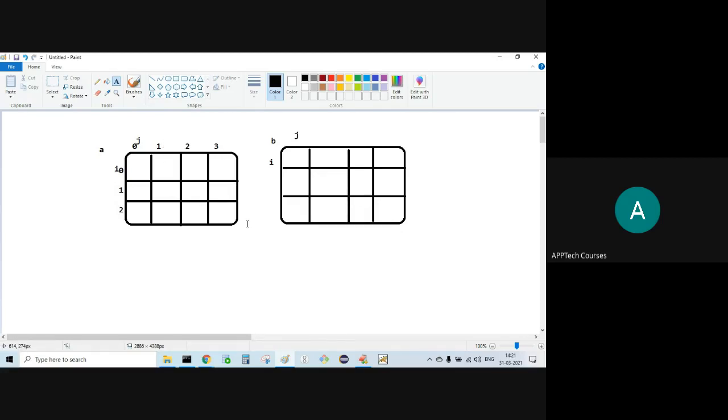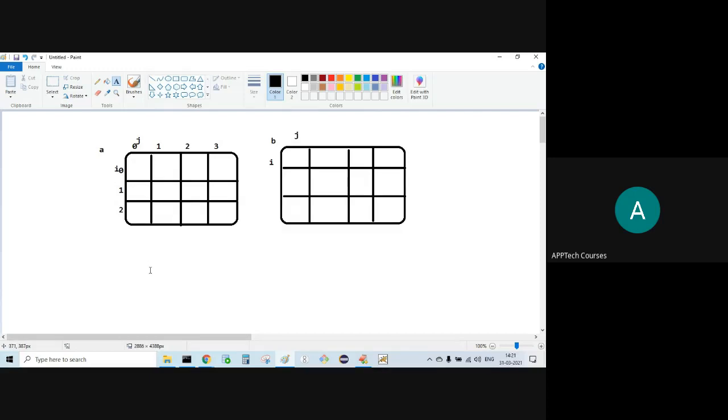How many columns? 4 columns. How many rows? 3 rows. Four into three. This is also.